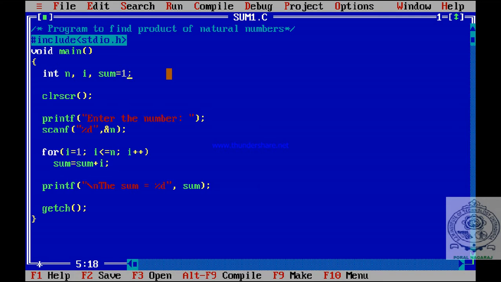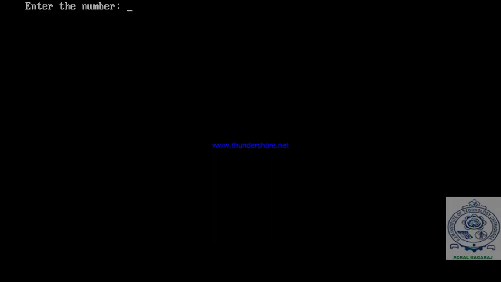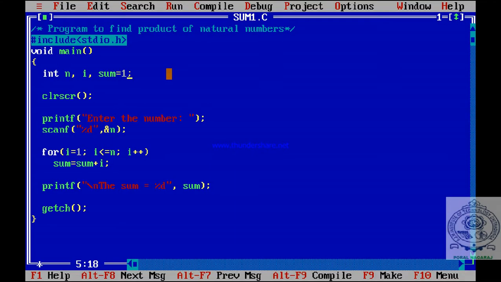Now see, run it. Product up to 5. So let us take, for simplicity, product up to 3. You will have 1 into 2 into 3, the answer is 6. Sorry, enter the number 3. So it should be 6.